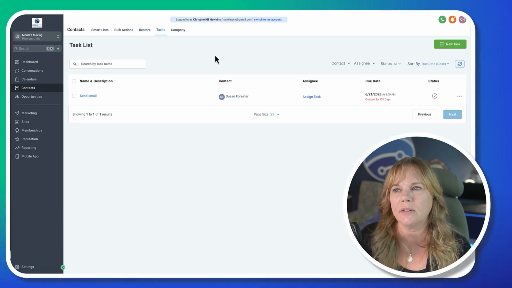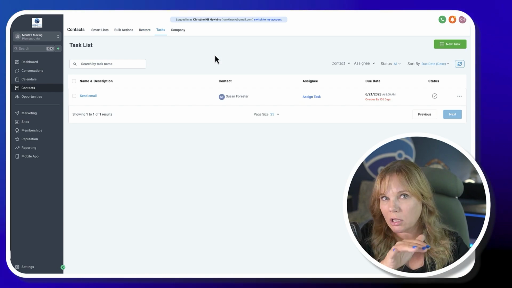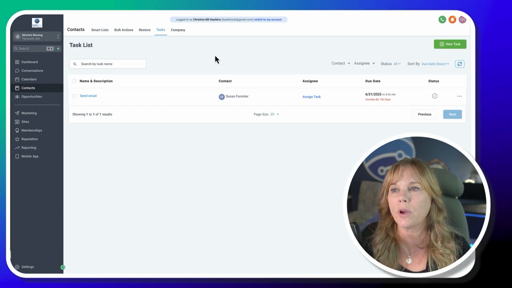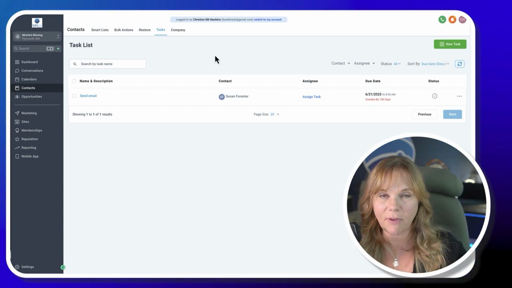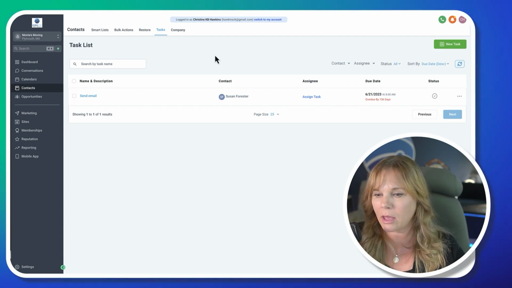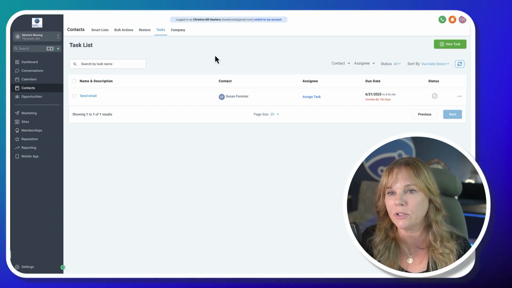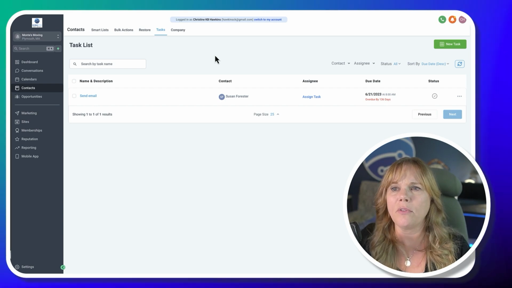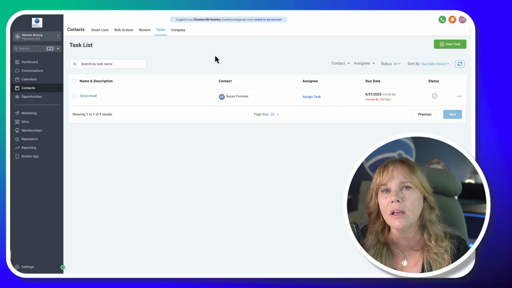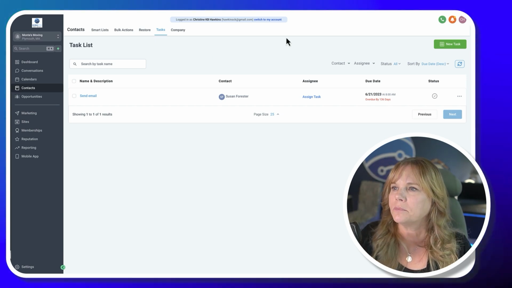These are all of the tasks associated with everybody, all of the tasks for all of your contacts. So this is a great place to start. If you have different tasks associated with maybe a follow-up phone call, send an email, send the estimate, whatever you want to call that task list. Again, there's a lot of stuff that we can do inside automations. But for now, just from an overview, this is where you would see an entire list of all the tasks that might be assigned to you.